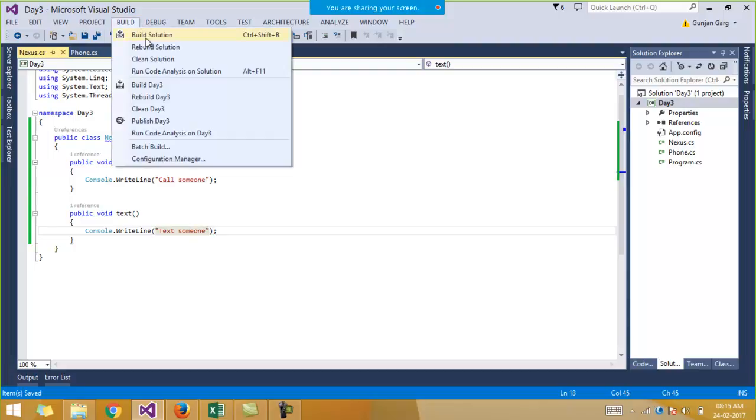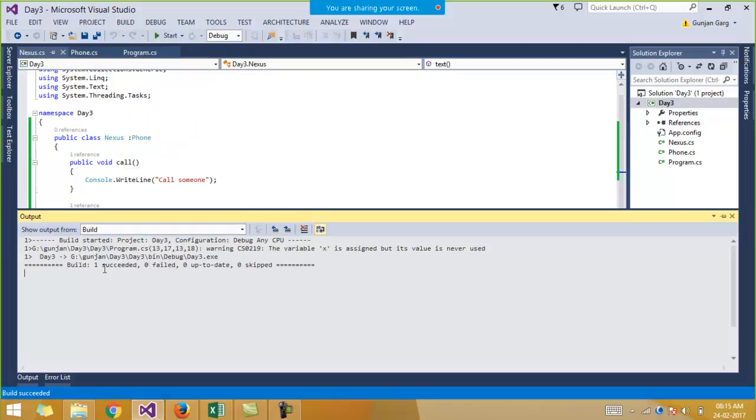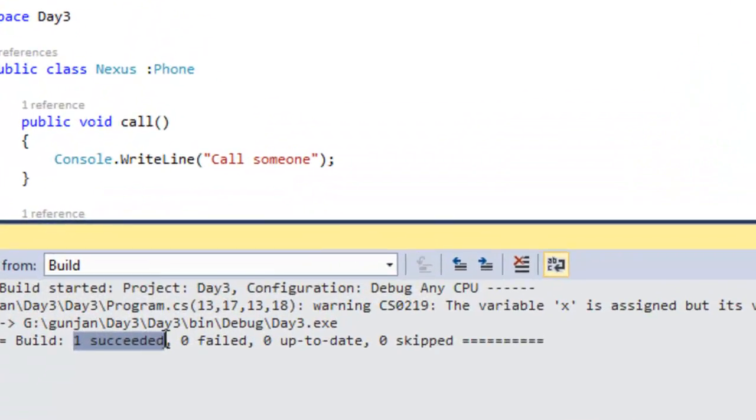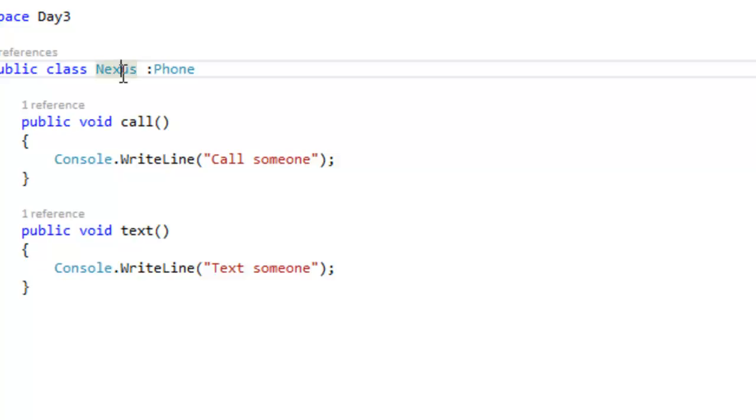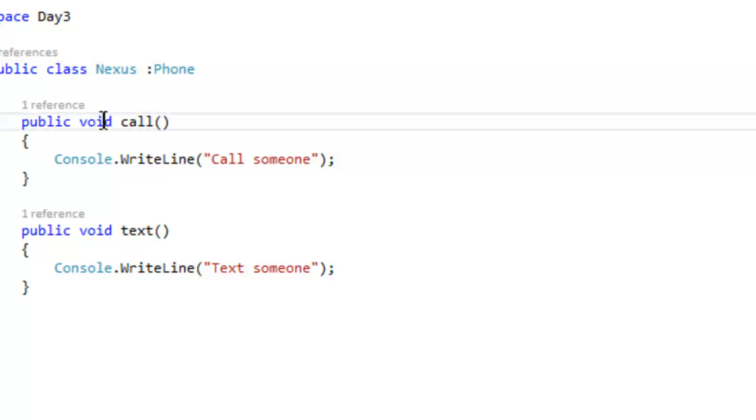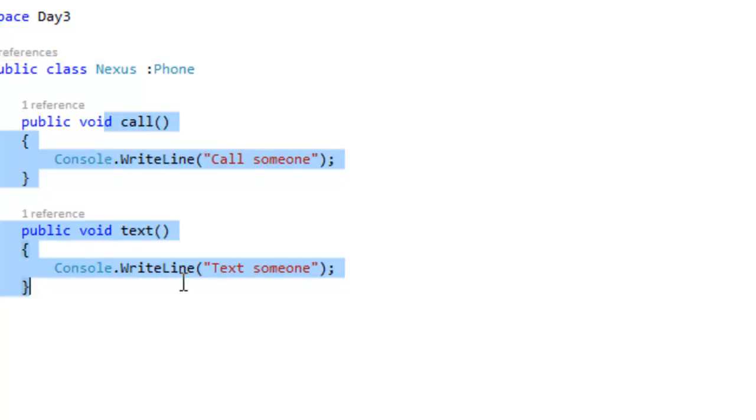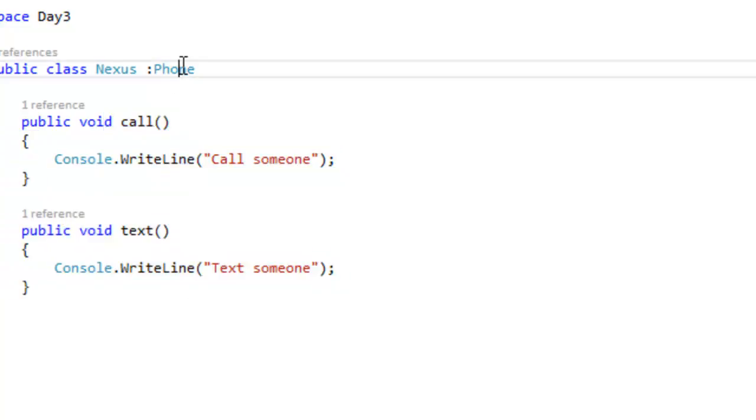Alright, so now if I build my solution, you see that the build has succeeded. That is, the class which is implementing the interface must implement the functions which are there in the phone interface.